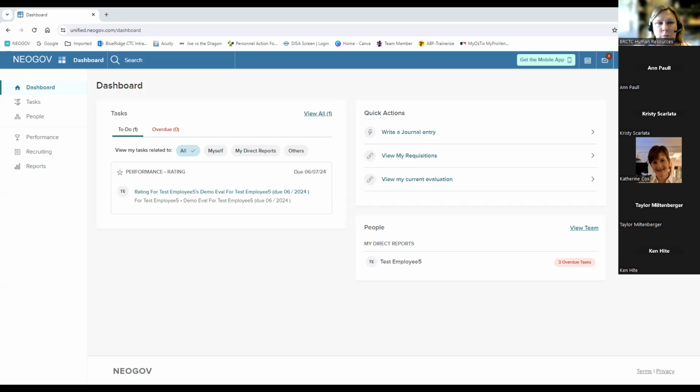So when you log in to NEOGOV, you should land on this dashboard page. This is the unified dashboard, and this allows you access to the different sides of NEOGOV that we use. On the left-hand side, it's the navigational pages. Performance obviously is for performance management. Recruiting is for any open positions that you may have. And then the dashboard itself has front and center the tasks that you have